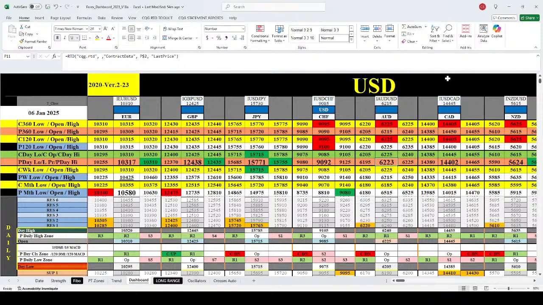Here, coming back to the dashboard, your current day low is 43.85, current day high is 44.55, and this is lower than your previous day low, and this is also lower than your previous week low and current month low. So that means that 144.65, 70 is a strong resistance, and it has got rejected 1, 2, 3 times.